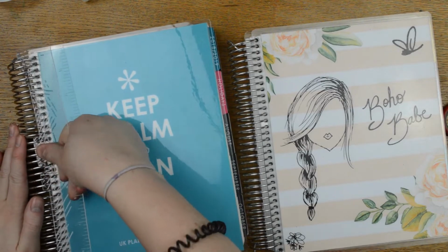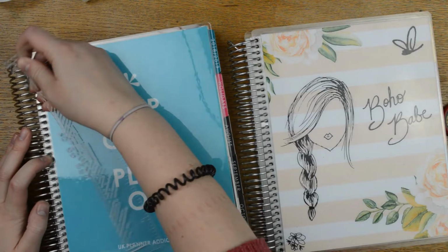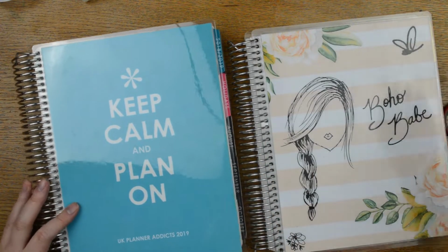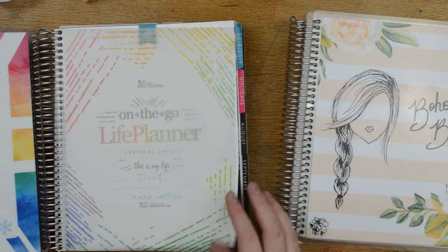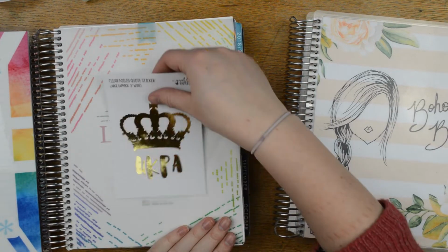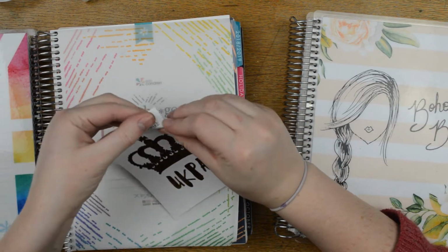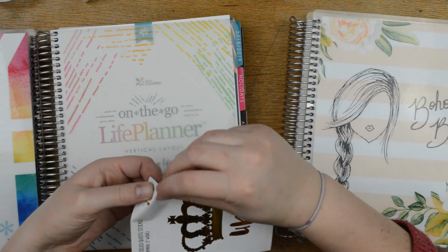I'm undecided if I'm going to leave this. Another tooth just broke off, so I think I'm going to leave that off, but on my desk because I feel like that width is useful. The only last thing I'm going to do, if I can, is stick this UKPA Morello Papery foiled sticker to